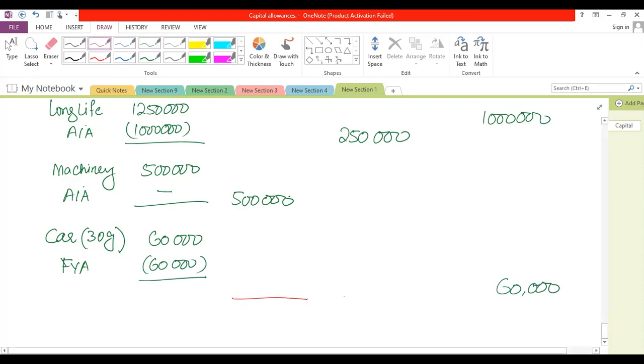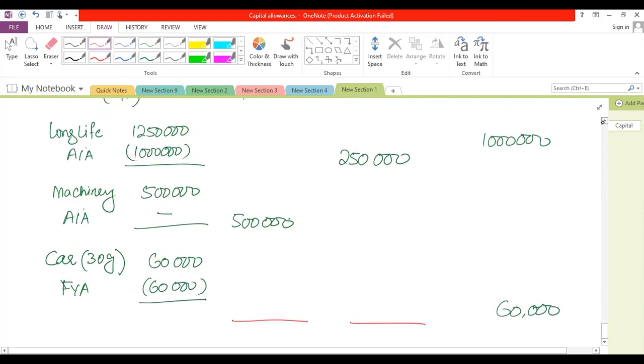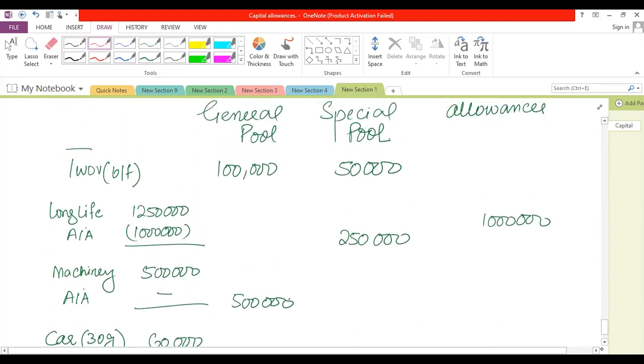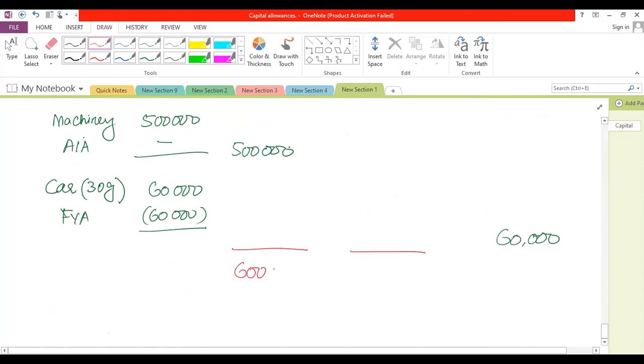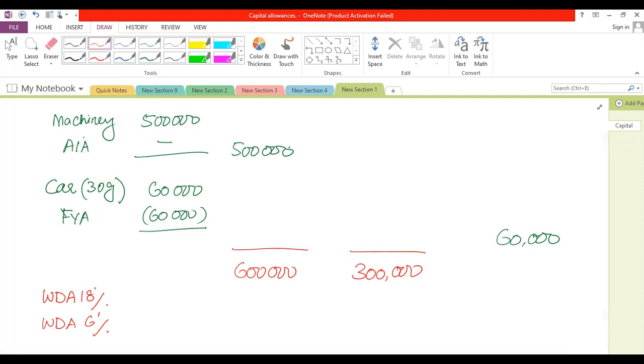Afterwards, we have to identify the totals, 600,000 and 300,000. Now, the annual WDA is 18% per annum on main pool items and 6% per annum on special pool items. So 600,000 into 18%, that is